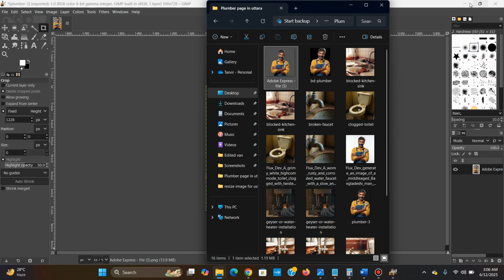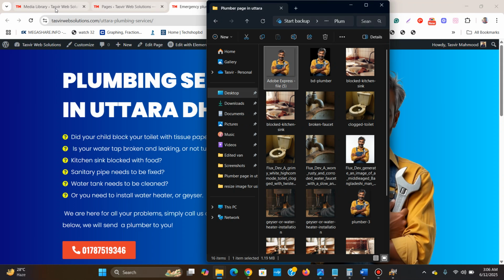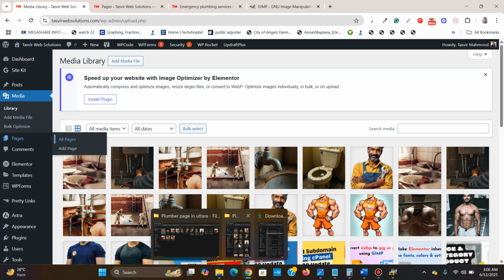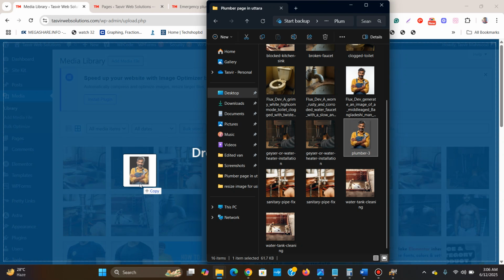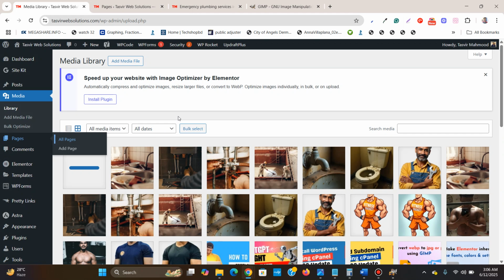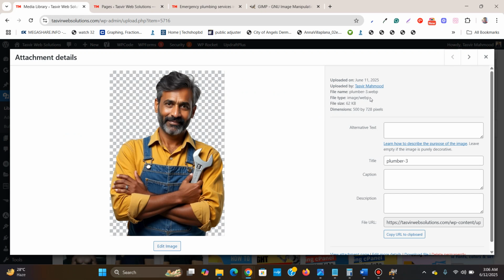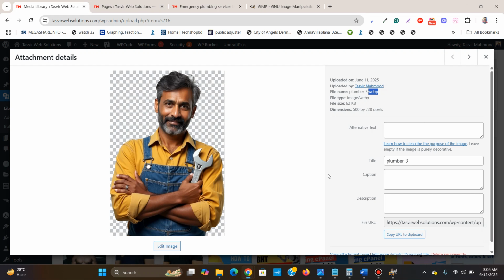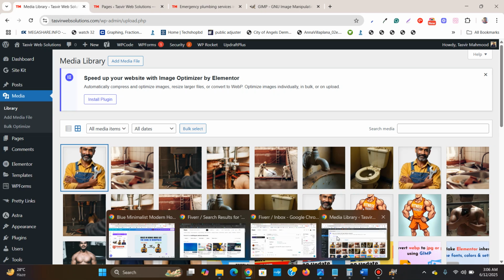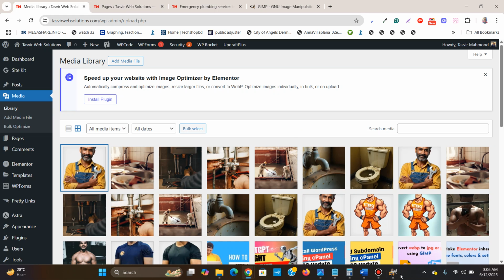So let me upload it to the website and show it to you. If I go to this media library, WordPress media library, if I click over here, then this is the one which I resized. If I drag and drop it over here, you see it uploads perfectly, and it is a WebP type image. Before, WordPress didn't used to support WebP type images, now it does, and it will easily support any type of WebP images. Great. So this is how you resize and reduce the size of an image using the free GIMP